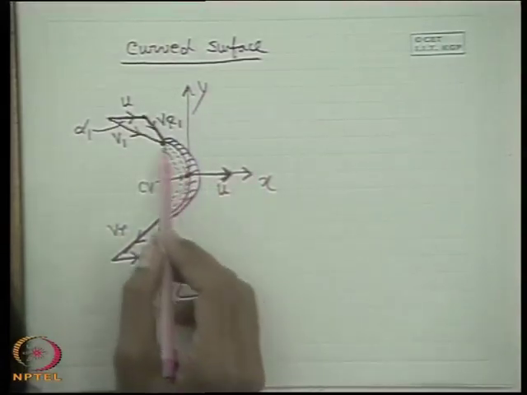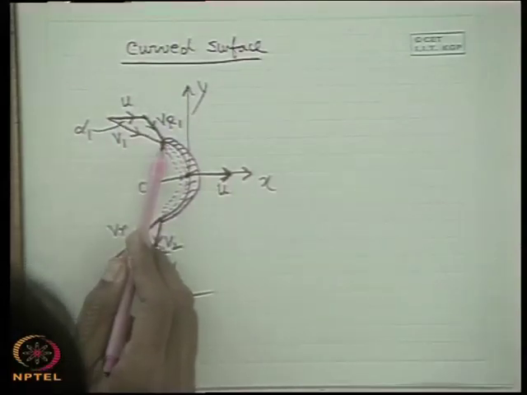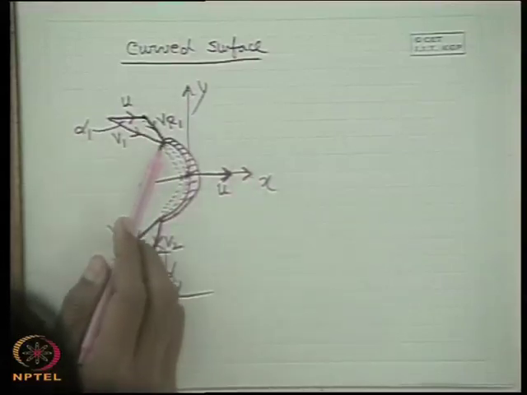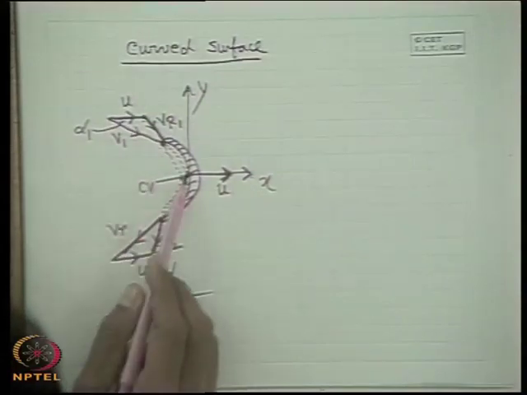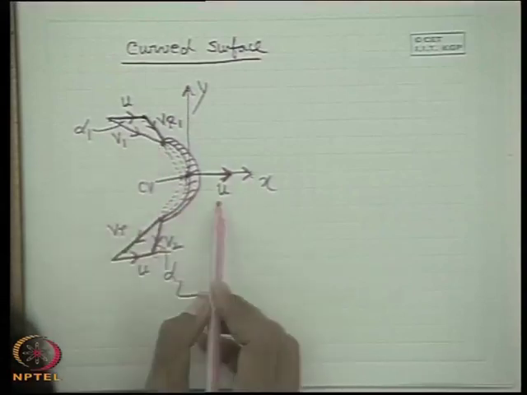So, therefore, this will be made as if the fluid is approaching the control volume, with respect to the control volume or with respect to this frame of reference, with a velocity Vr1, not with V1. Why? Because this is the relative velocity with respect to the control volume. That means this is a relative velocity of V1 with respect to u.